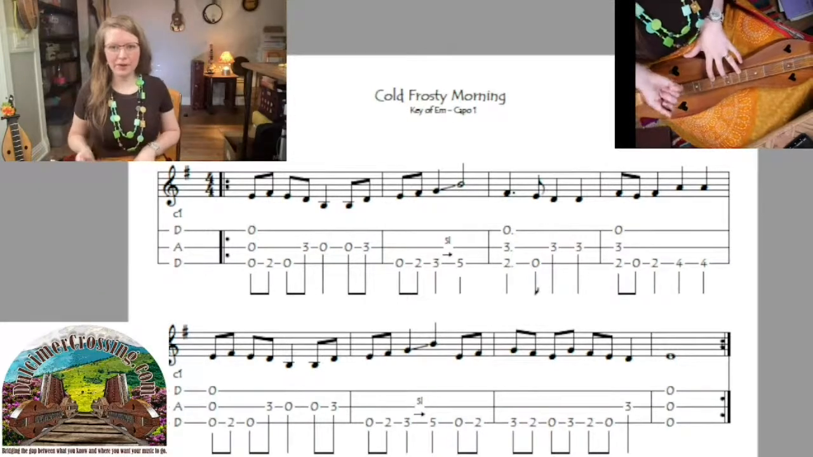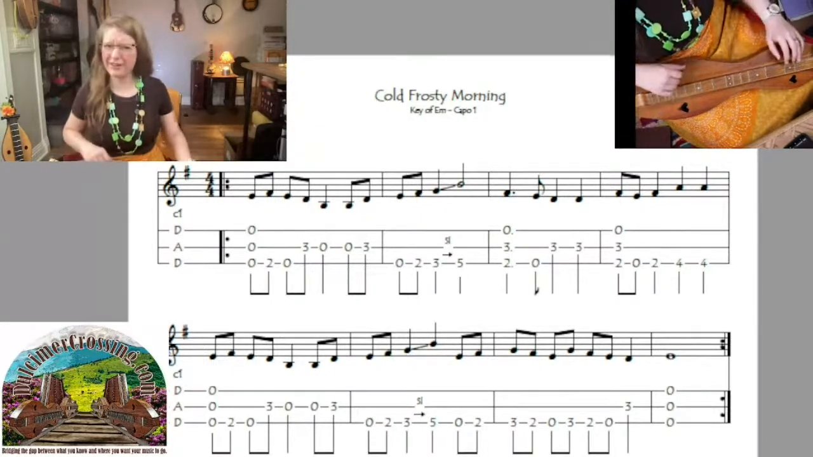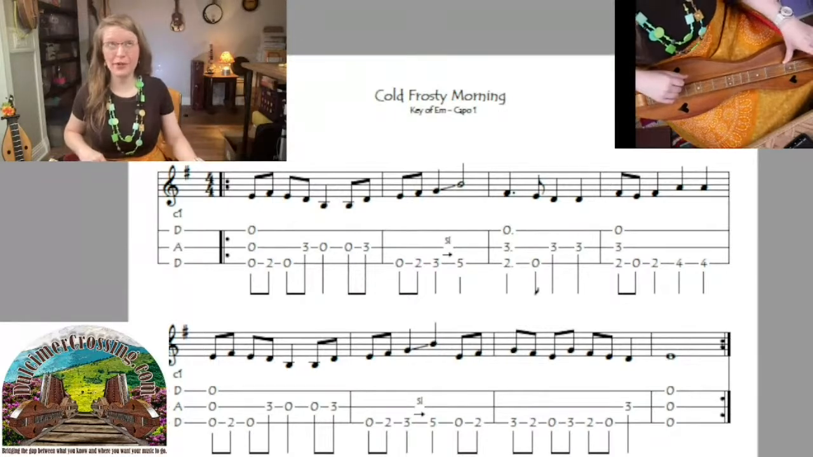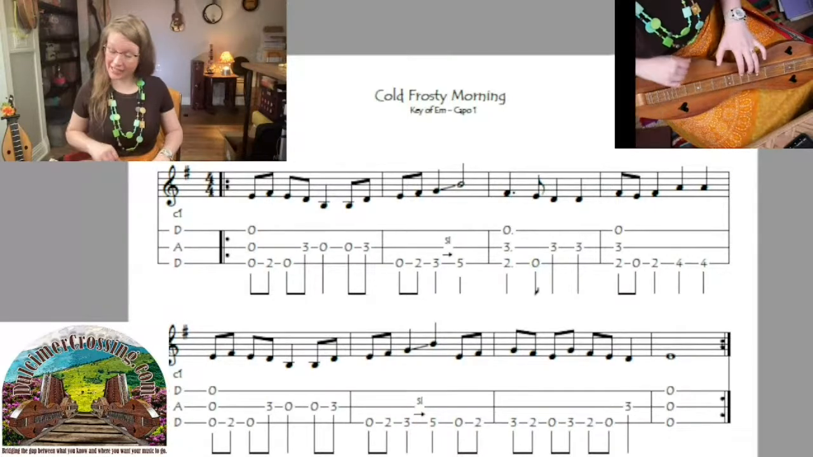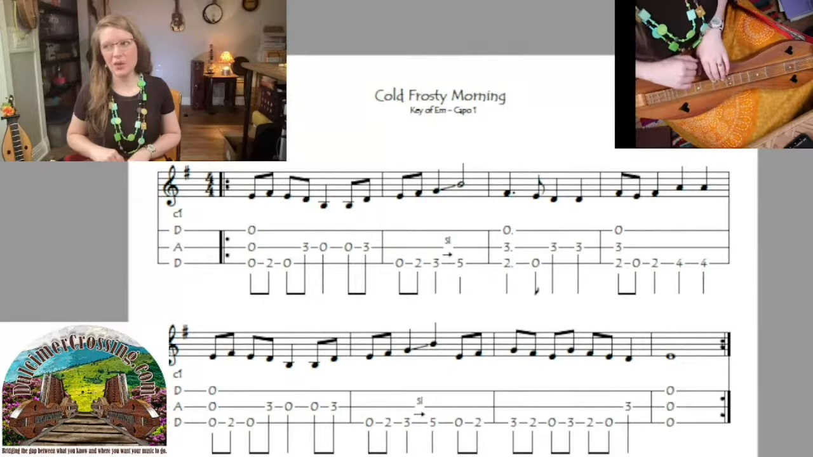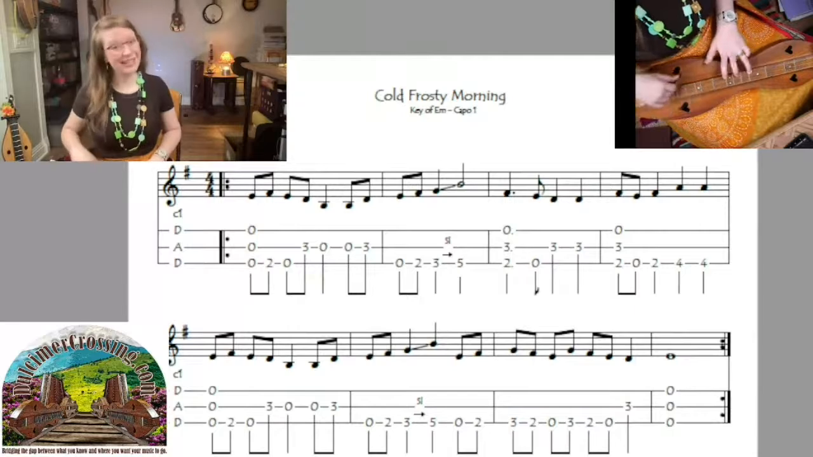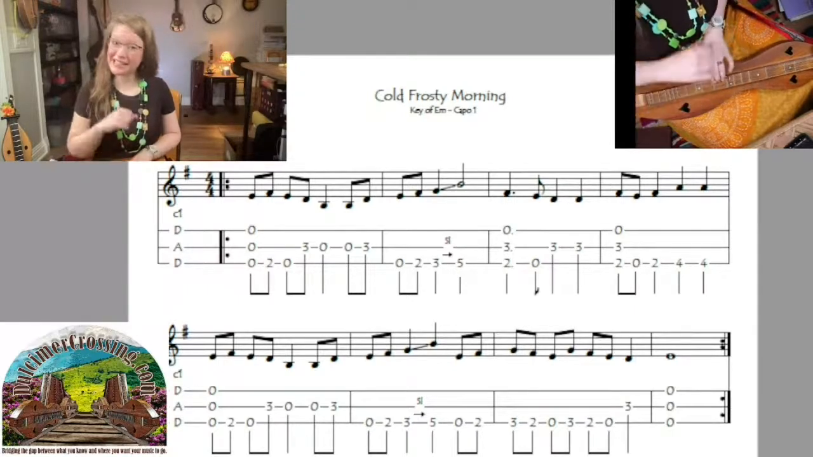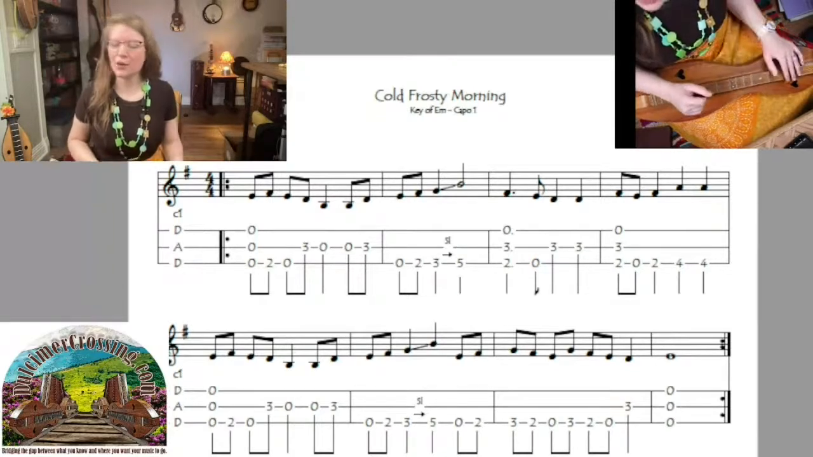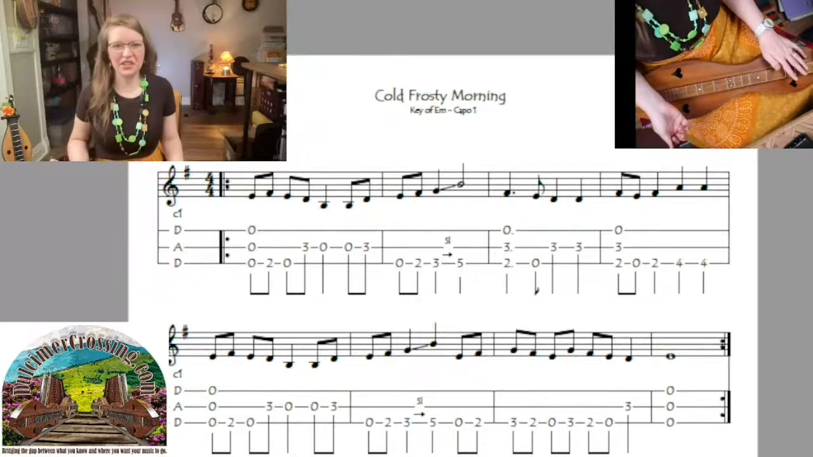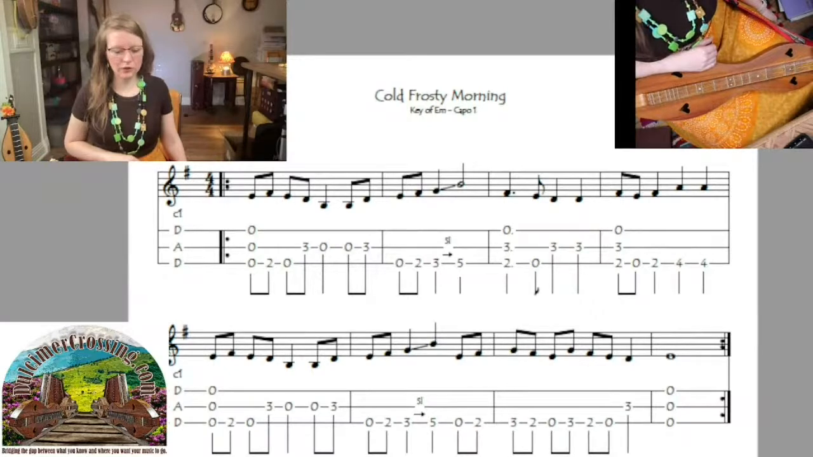So if I play up the fretboard, 0, sorry, 0 is where my capo is, so that's 1, 2, 3, 4, 5, 6, 7, 8. That's called Aeolian. And if I play 0, 2, 3, 4, 5, 6.5, 7, 8, that is called Dorian. The first part of Cold Frosty Morning does not go above the 5th fret, so it doesn't matter. Okay? So let's play this A part to Cold Frosty Morning